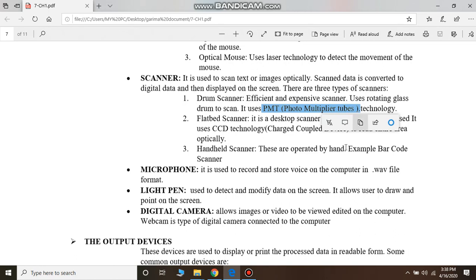Next, you have a flatbed scanner. Flatbed scanner is the most commonly used scanner. Mostly we do have it at our home. Most of the printers come with these kind of scanners. These use a technology of charge coupled device to read the data. So what you do is, in a flatbed scanner, the object is placed upside down on a glass window, and then there is a bright light that is illuminated that converts the text into digital data on your computer, and then you can see that particular file on your computer screen.